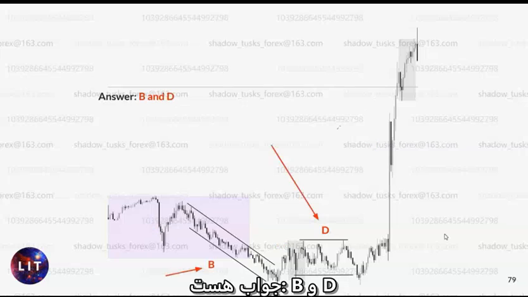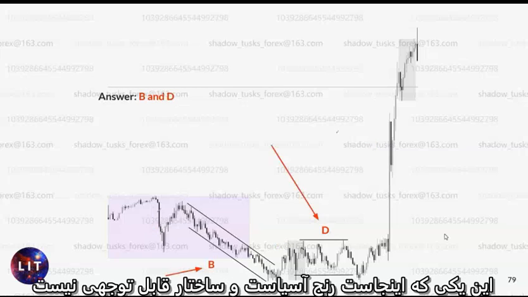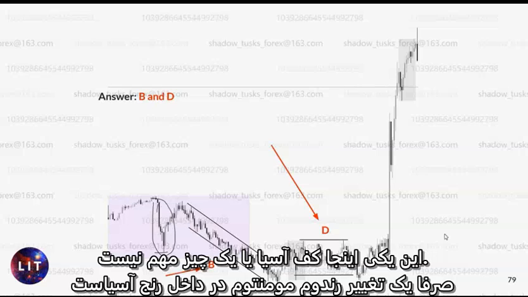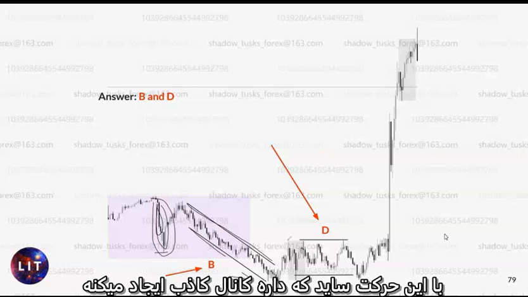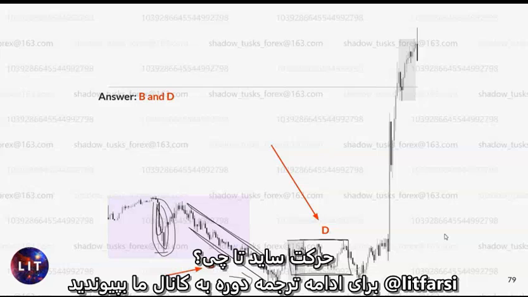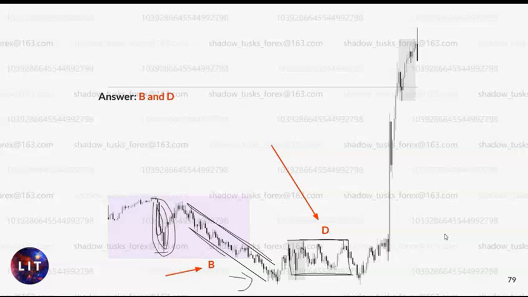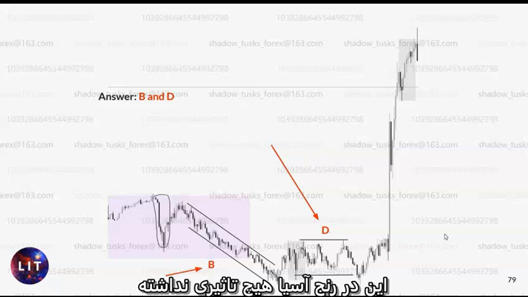The answer is B and D. This in here is an Asia range, and it has no significant structure. It's not Asia low, it's nothing. It's just like a very momentum random switch inside Asia range. But as you know, we focus on the main build-ups with this false channel until what? Breakout of Asia. Or this sideways action building the wrong channel. Sideways action consolidation until what? It's a click. Right? This thing in Asia in here had no impact.